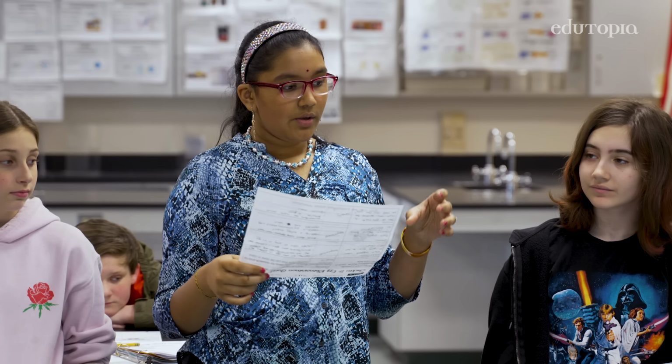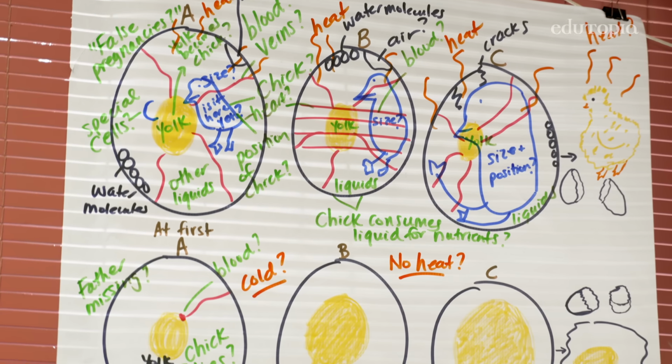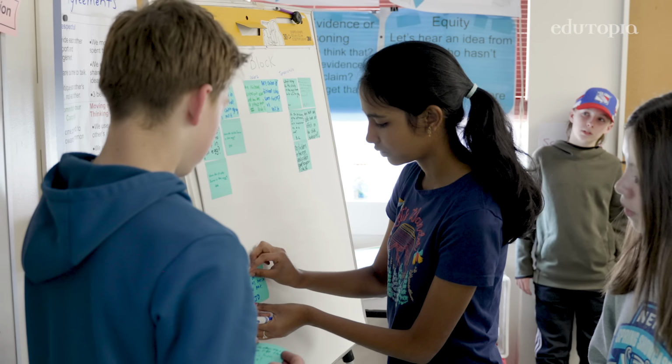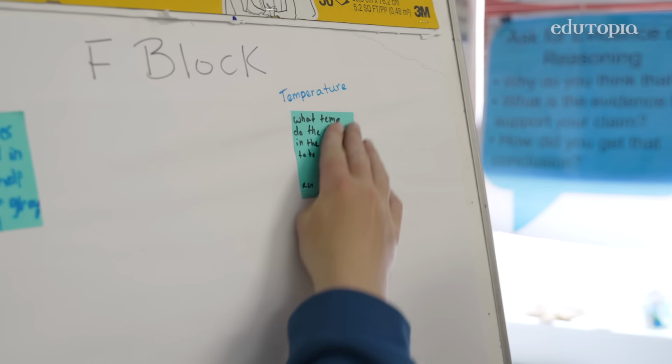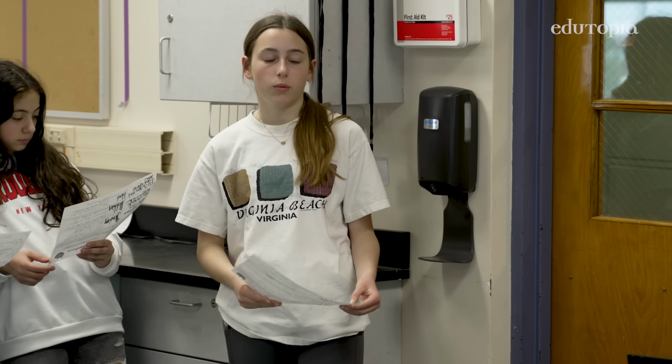One of the first times we use the circle within a unit is when we're trying to make sense of a new phenomena, and we build a model together as a class. Another time is when we're building our driving question board so that all students' questions end up on the board. And then after we've figured out something during an investigation and we're trying to make sense of it, so we share our data, and we discuss our evidence, and we discuss what we have figured out and what we should figure out next.